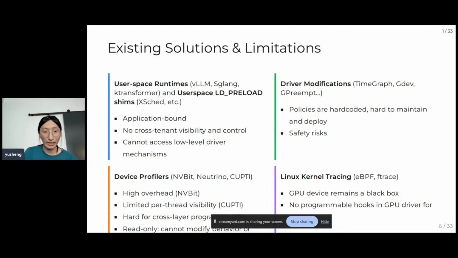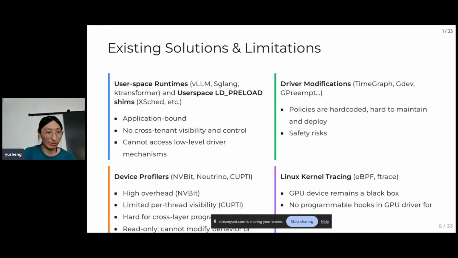It's hard to see through the entire system, like the OS behaviors, and if you have multiple processes running on your GPU at the same time, it's hard to see them with one framework if they are in different frameworks. It's also hard to access low-level driver mechanisms inside the